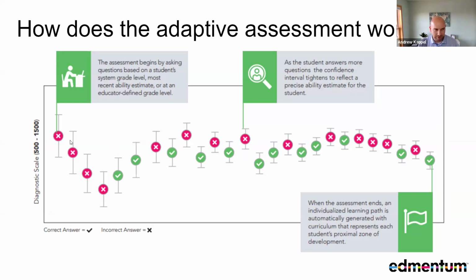So if they get the question wrong, they'll get something that's a little bit easier on that scale score or grade level, whether it's within the domain or band or in a new domain or band, until the system can level out and figure out where the student's strengths and weaknesses are and where they need that additional help in the learning path, and it will create that.